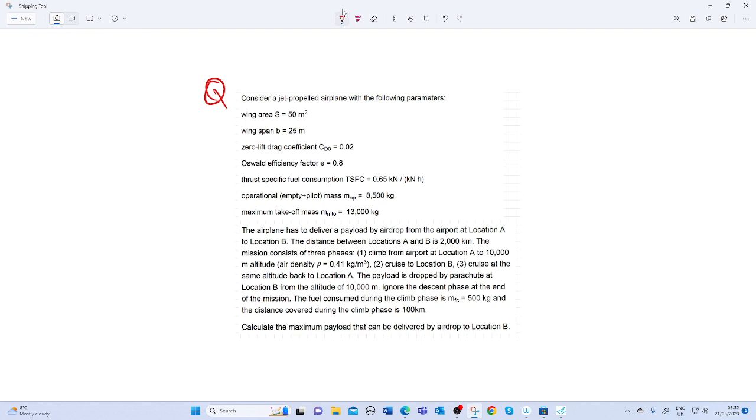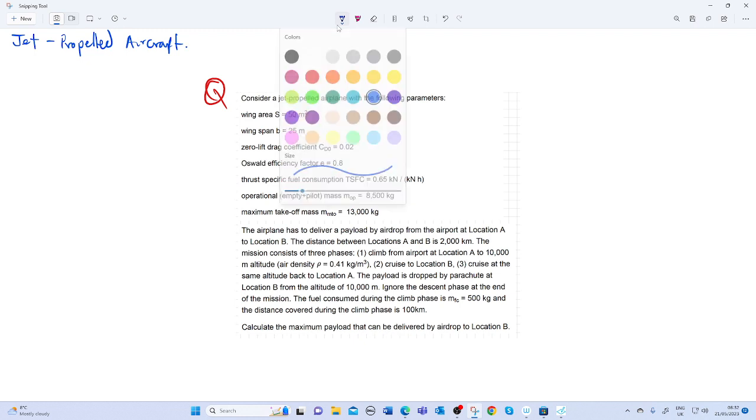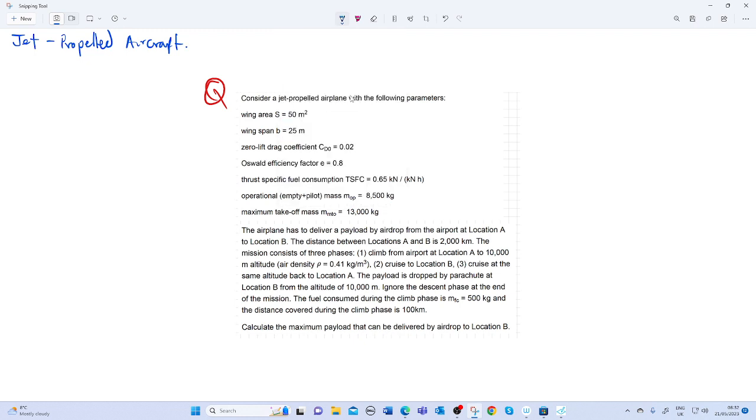Now, today we have a jet propelled aircraft with the parameters of the wing area S 50 meters squared, the span B 25 meter, CD0 0.02, the Oswald factor 0.8,